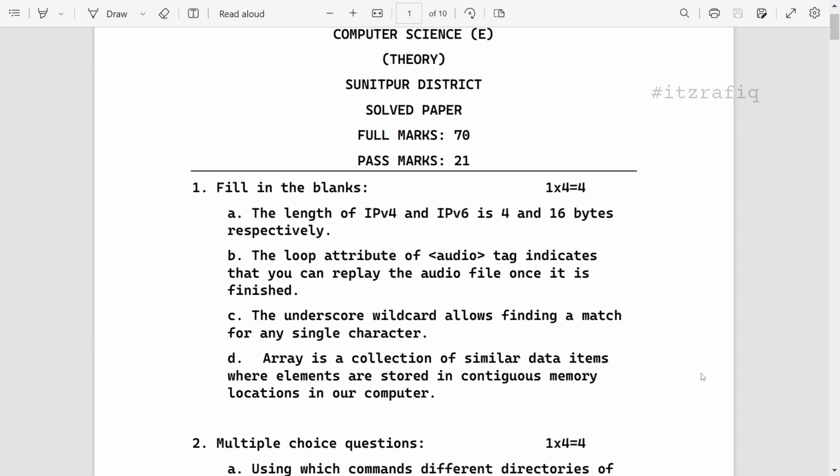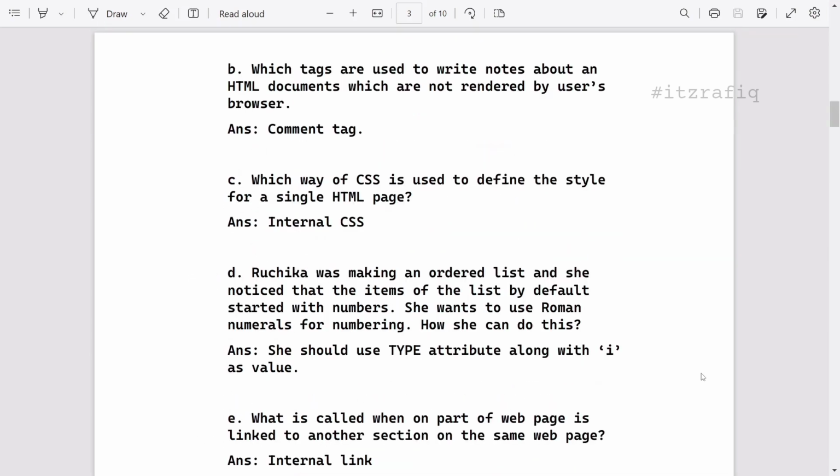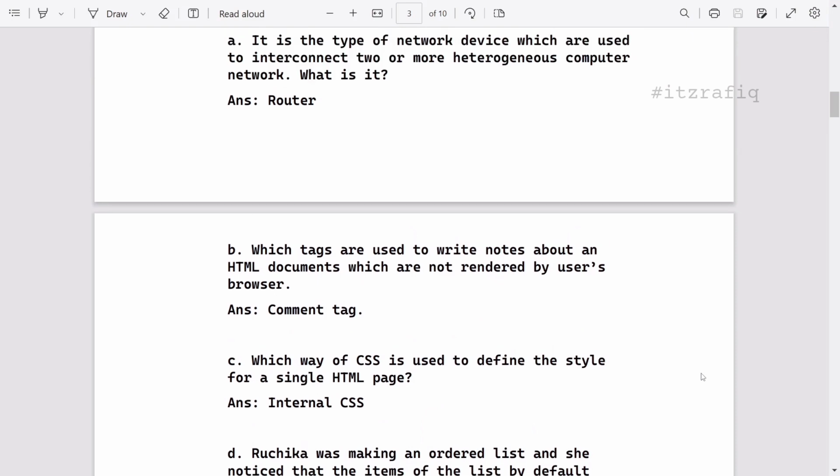The loop attribute of audio tag indicates that you can replay the audio file once it is finished. The underscore wildcard allows finding a match for any single character. For any single character we use underscore, and for any number of characters or 0 or more characters we use percentage sign. So remember that array is a collection of similar data items where elements are stored in contiguous memory location. And after the fill in the blanks, here are the MCQ